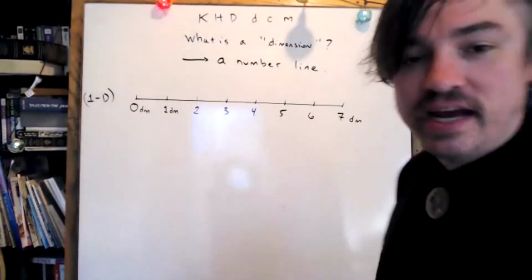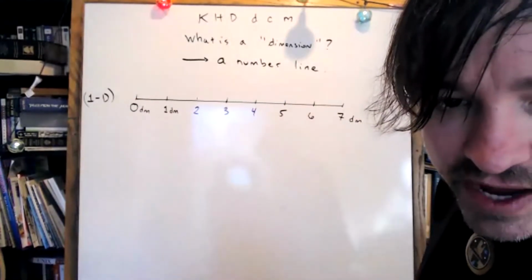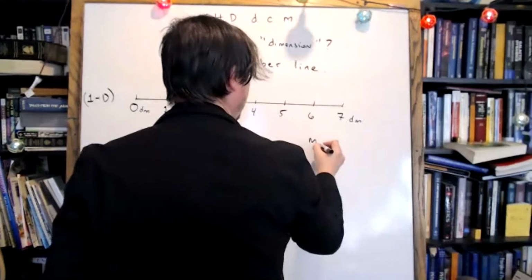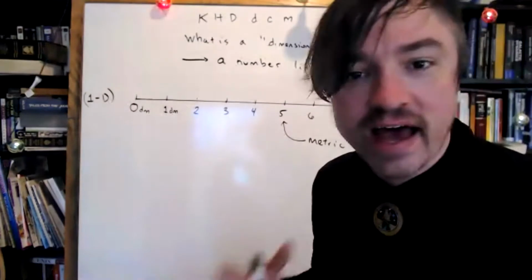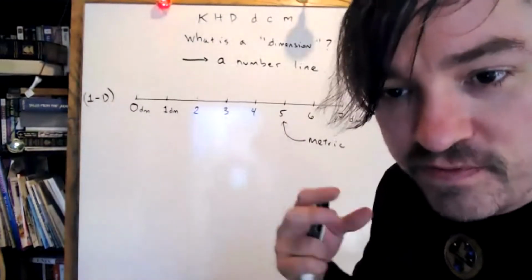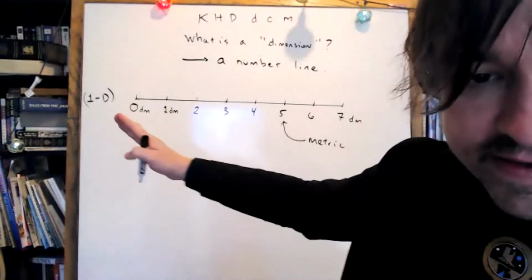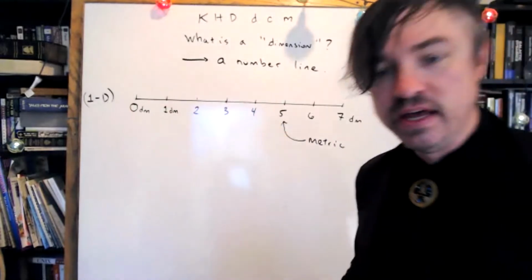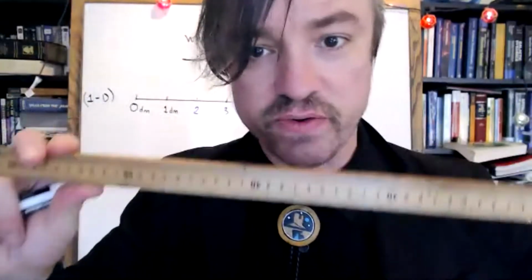Now, what I just did there is something kind of important. I created a one-dimensional number line, right? And I chose my own, wait for the loaded term, metric, okay? The metric is a scale that I get to choose because I am the observer. That's the loaded term for the scientist. I am the observer, and I'm going to choose my coordinate system, and I'm going to choose the scale or the increments by which I measure things. We get to decide and impose upon nature what is our idea of a good unit of distance.